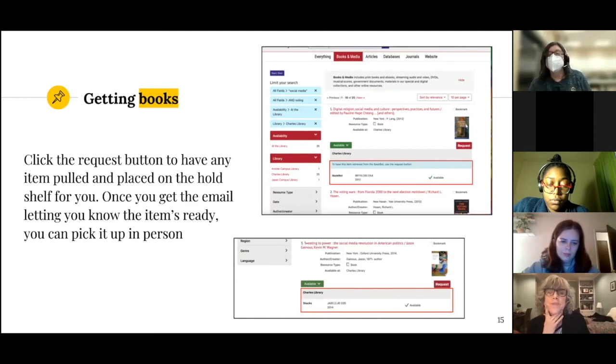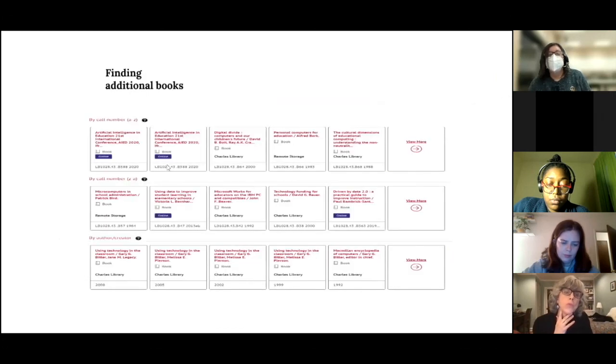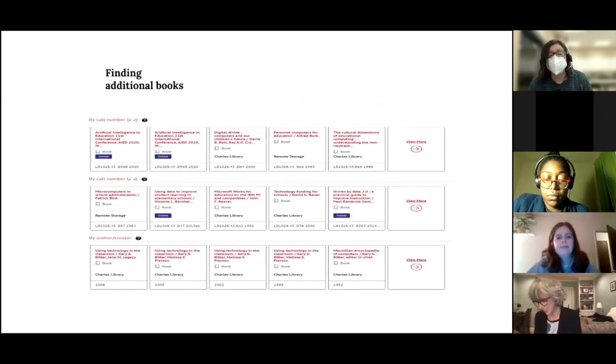But if you scroll down on that screen, and it doesn't work on this list, it only works if you go on to the specific title, we have a new browsing format that will let you find alternate books on your topic. So if you did a subject search,